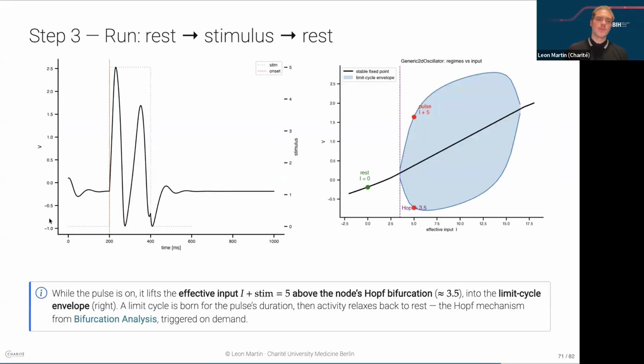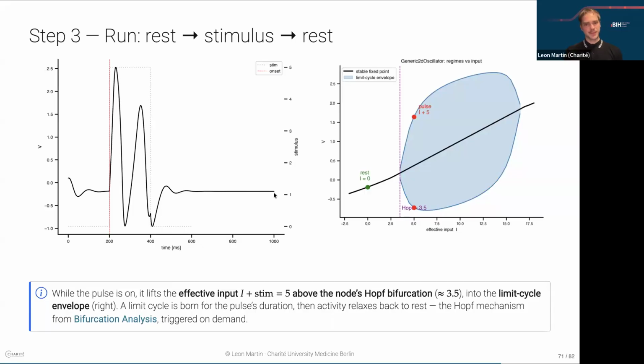And then we see our initial damped oscillator that tries to settle to an equilibrium and then gets a huge pulse stimulus and suddenly starts to oscillate until the stimulus input is switched off again,